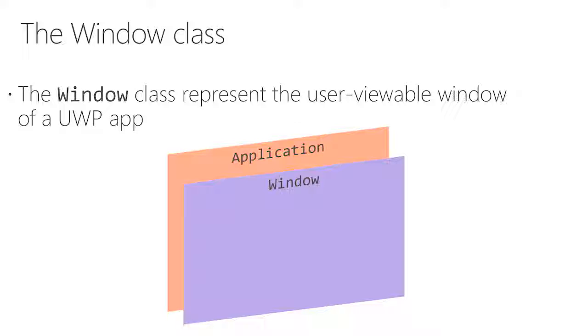Now, the window class, we were actually talking about this just yesterday. This is really what represents the user viewable area of your application. It does a few very important things, again, that we're really familiar with as Windows developers. It gives you that surface area, and it defines the frame of your application. It gives that resizable control. It's where your minimize and your close buttons go. And then it's going to host